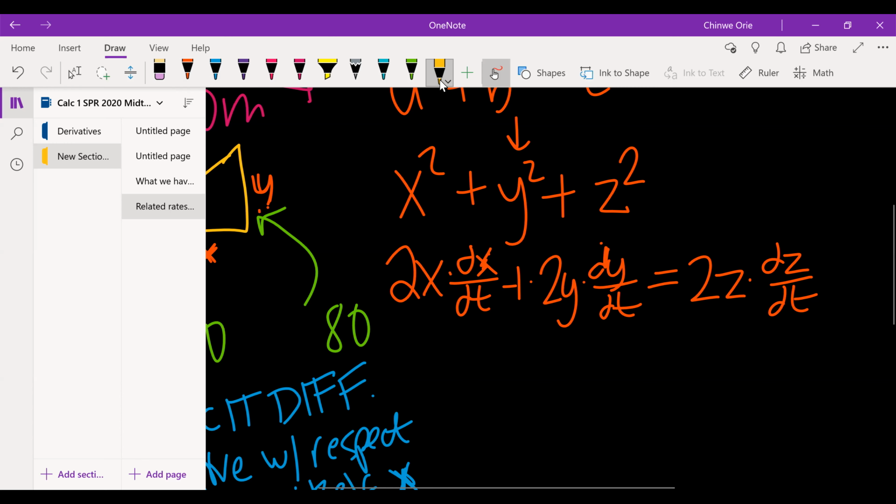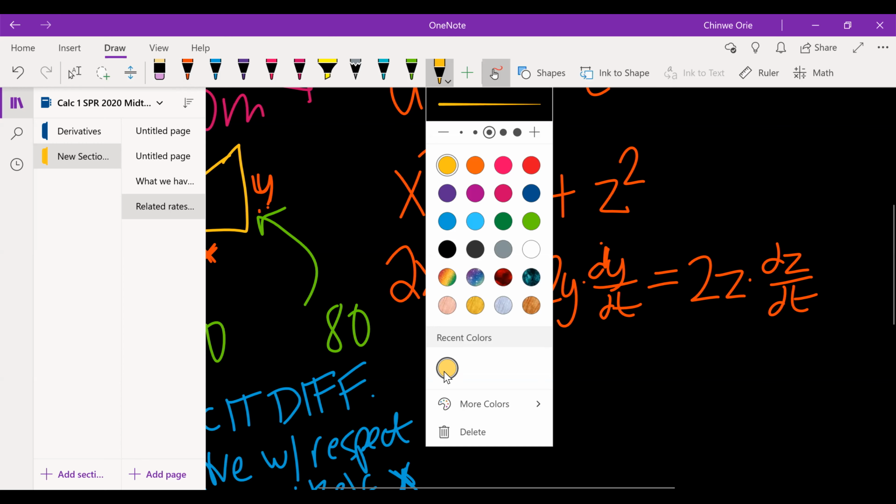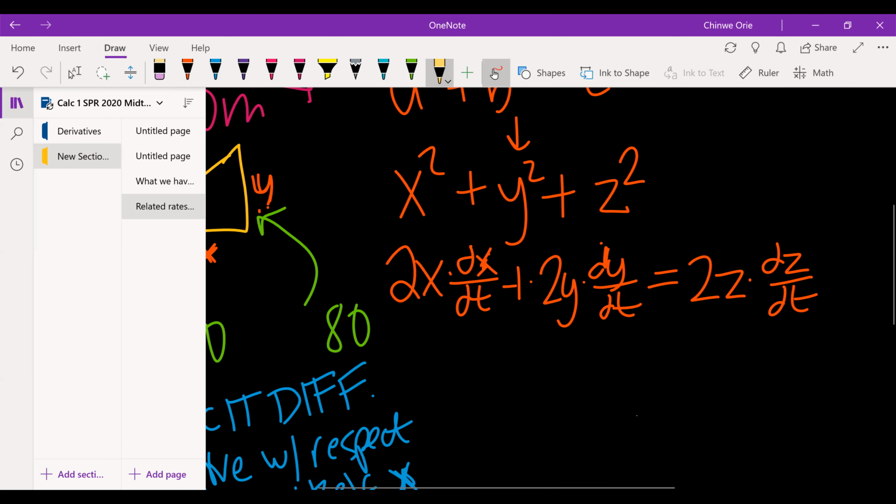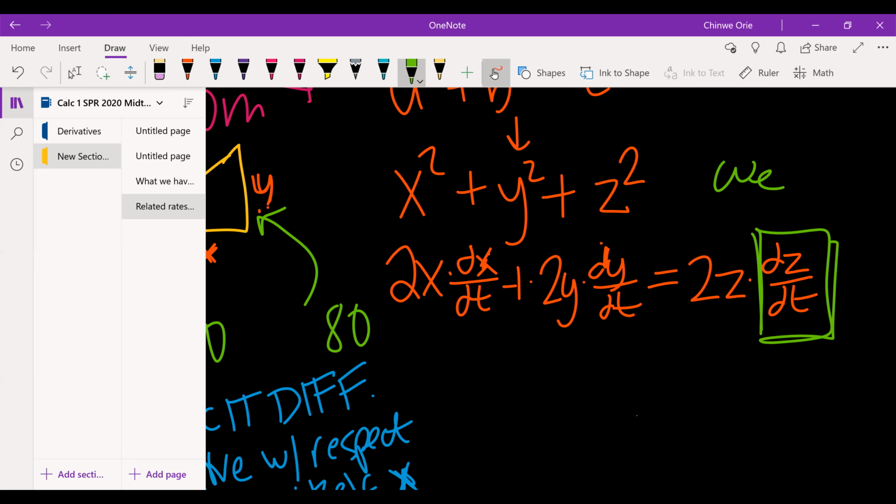So, what's next for us? Now it's time to figure out what we're trying to figure out. We want that. That's the hypotenuse, because we defined the hypotenuse as z. So we want that. First you want to solve for that. So very algebraically, you can very simply just